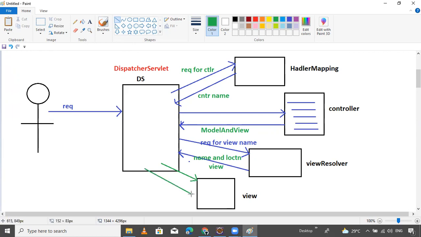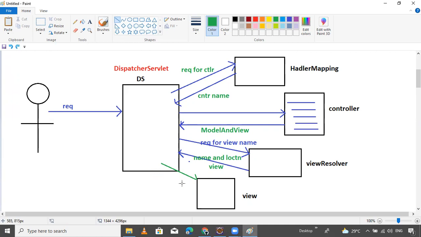Then it returns back to the dispatcher servlet. Now the dispatcher servlet's responsibility is preparing the response for the client.